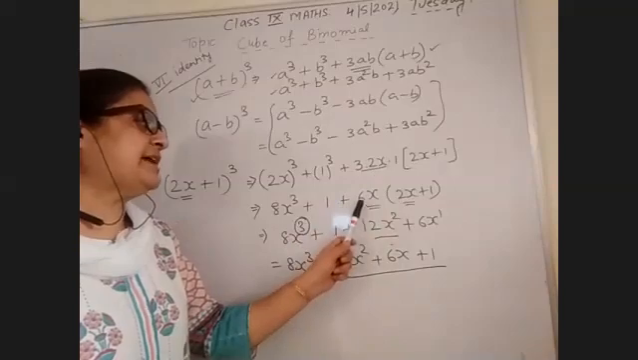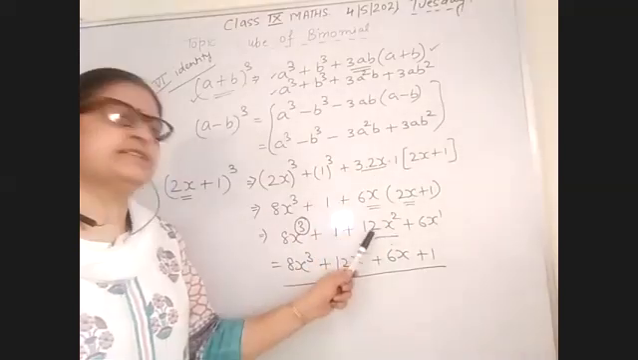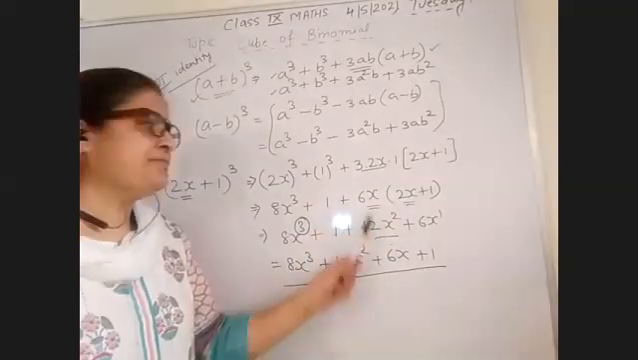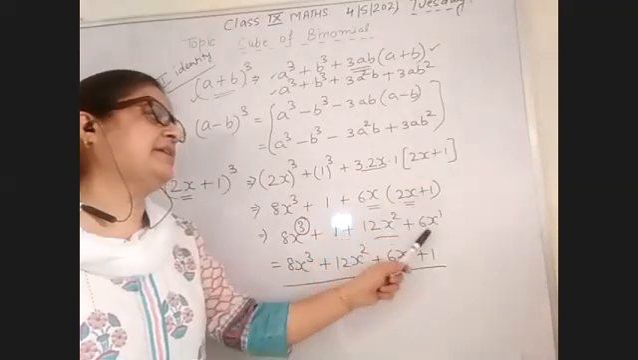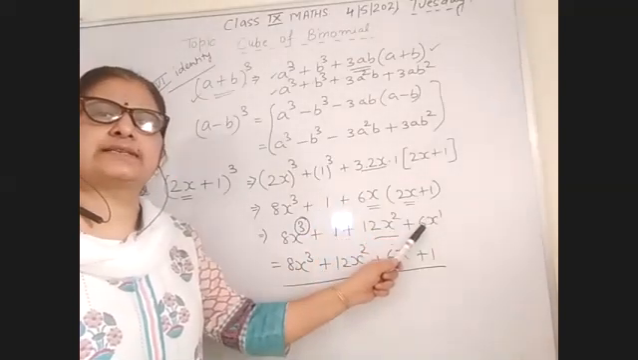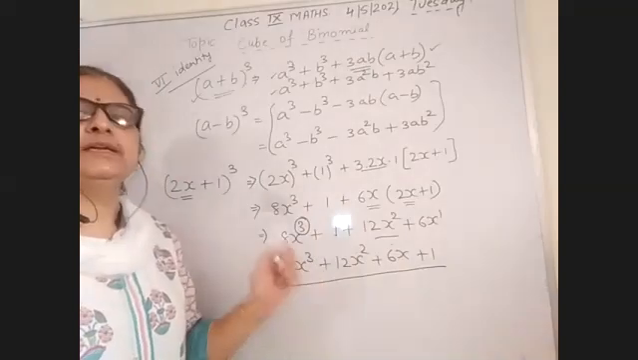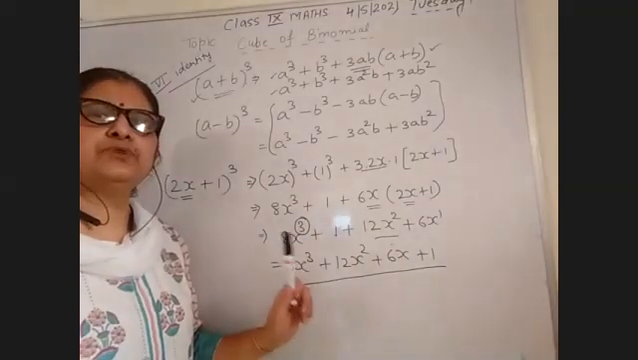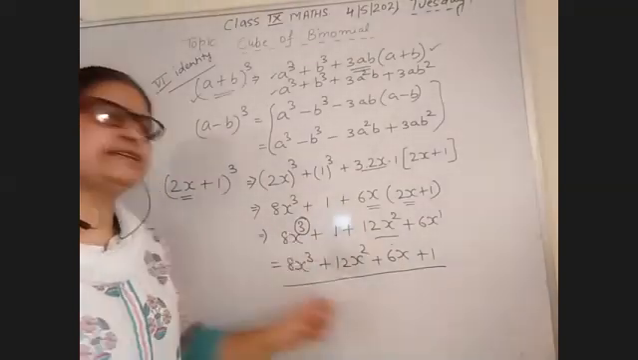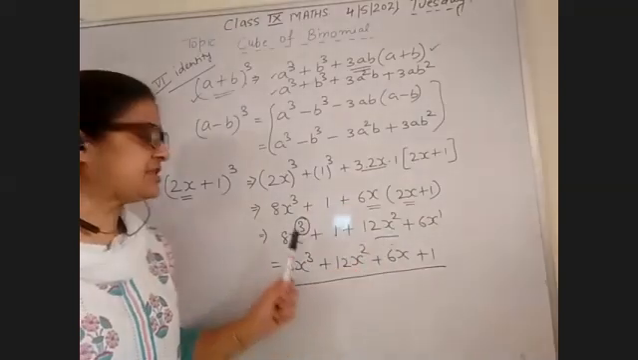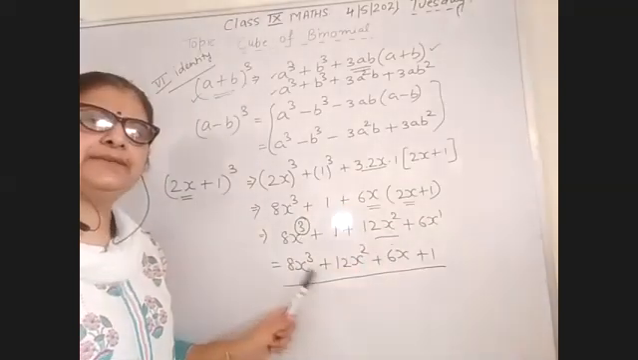When you multiply 6x with 2x, it is equal to 12x square, and 6x multiplied by 1 is equal to 6x. Now in the answer you have to write it this way. In the decreasing manner you will write. First write down the highest degree, then